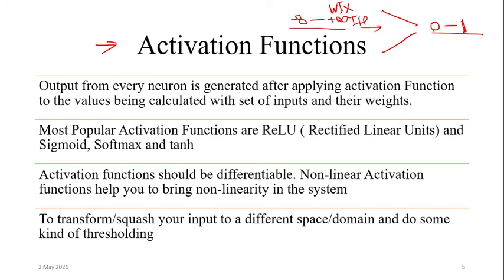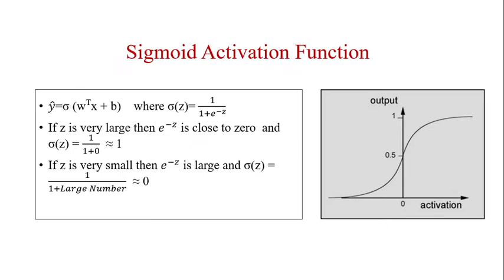This is one kind of activation function, right? What it will do is take a very big value and squash it into a special value, or you can say a value between 0 and 1. In that way you are introducing non-linearity into the network. So let's talk about a few very popular activation functions.